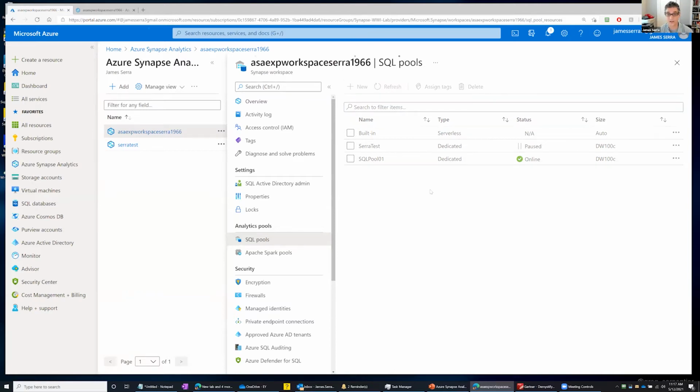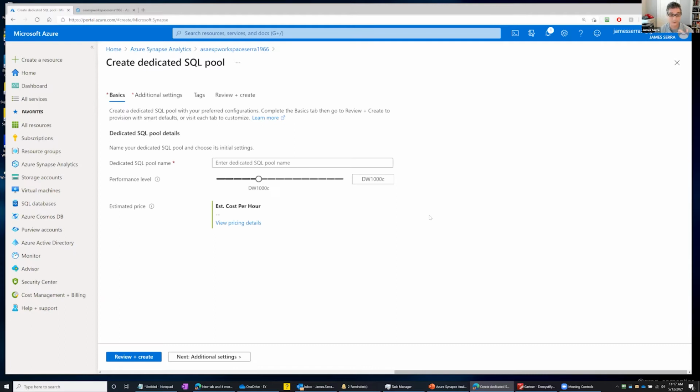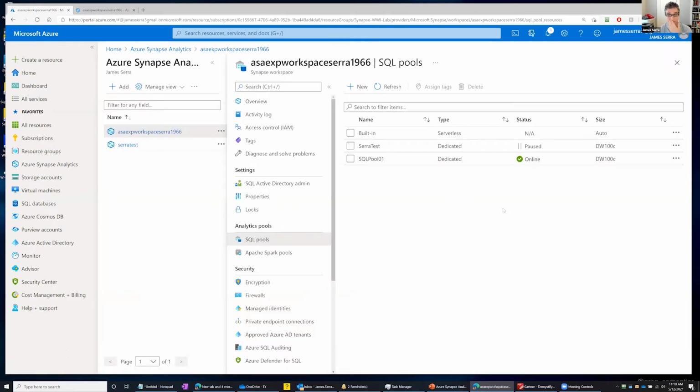So if I look at how that works, if you're familiar with SQL Data Warehouse, this will look familiar to you. Here is where I put in the pool name. This is my relational database that's going to be tied to this SQL pool. And then the performance level, that's the scale that gives you the performance. And it's pretty linear. So if I'm running queries using, say, DW1000 and I go to 2000, those queries should just about double in speed. And so that's it. You create a pool. It takes a few minutes, and then you have your relational database on here.